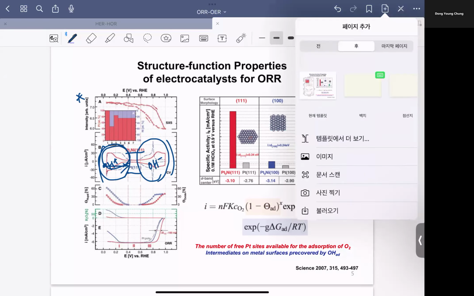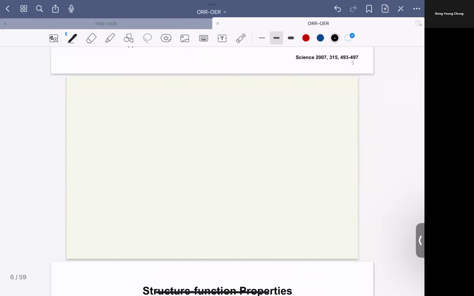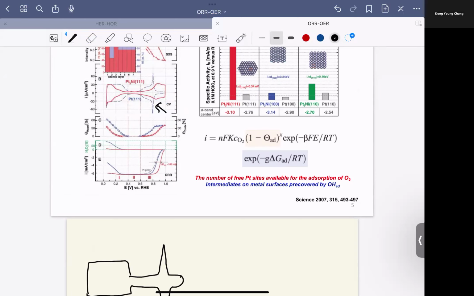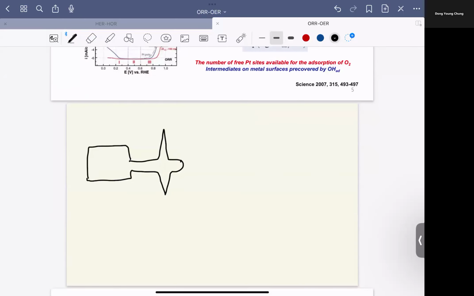I'm sorry, I think it's much better using that bare one. So now let's think about the shape of platinum 111, for example. I'm sorry, the shape is not that critical for what we observed, but please be aware of the black curve, right? So this is platinum 111, and let's think about what happened at the 0.05 potential. The surface is covered by the proton, right? So like this,